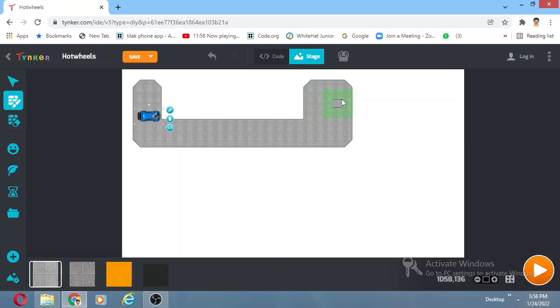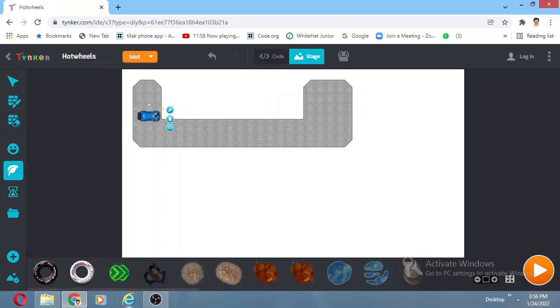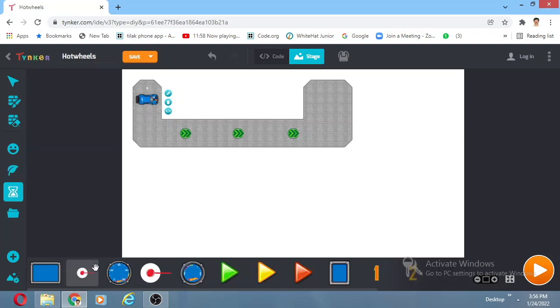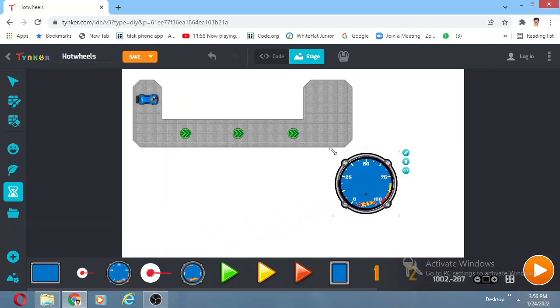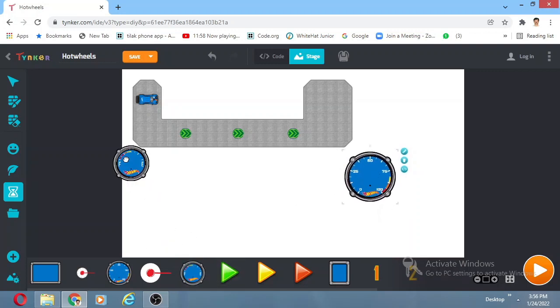You can make animation also in Tynker. In the further videos I will tell about that. And let's put these 3 speeds. Click on this timer and take the speed bar. Let's make this a little small, and take this fuel bar. It's in the correct size,